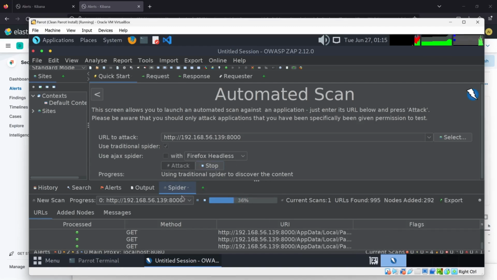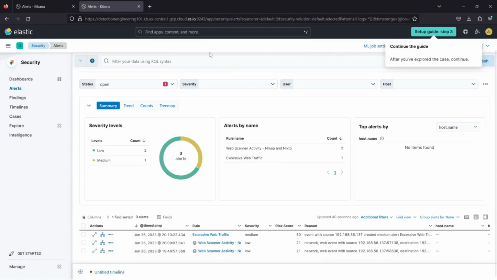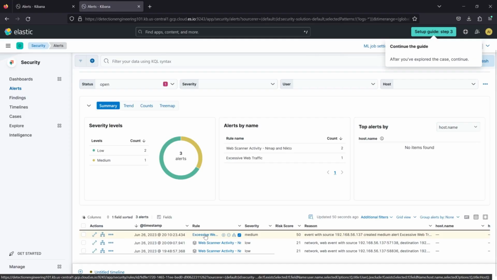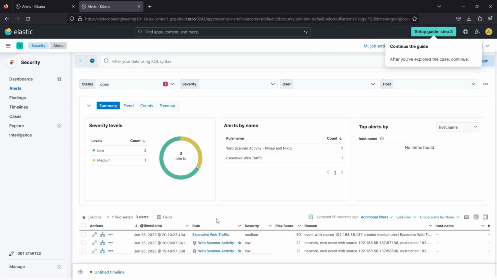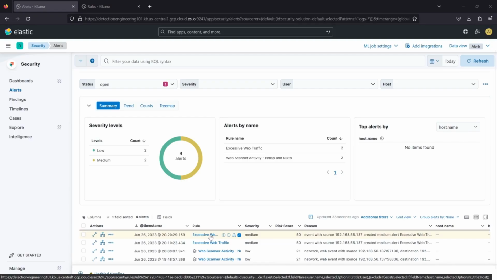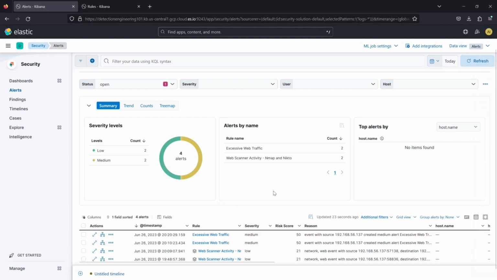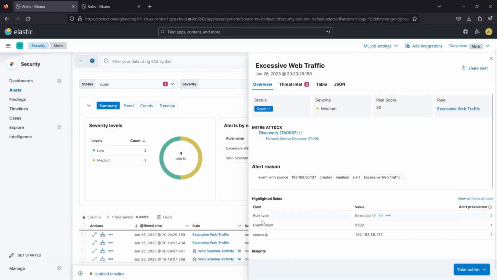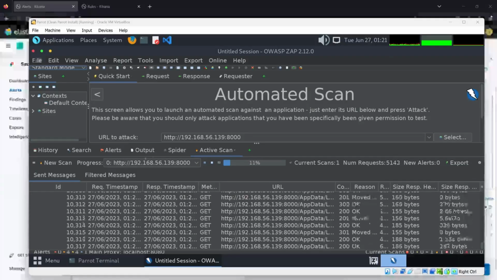And we could really let this run as long as we want. Okay. And we can go back into Kibana and wait to see if we have more excessive web traffic alerts. All right, welcome back from our last fast forward of this video. Okay, so once we refresh this and the alert triggers, we can see that we have a 4th alert here. And viewing the details, we can see quite a large amount of traffic. Okay. And now that with this trigger, we can go back here